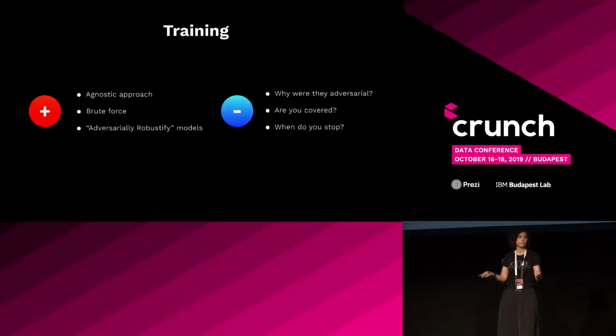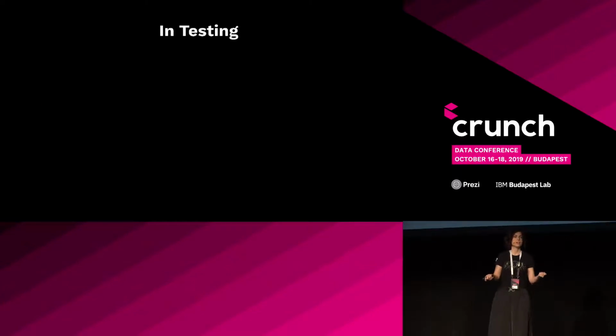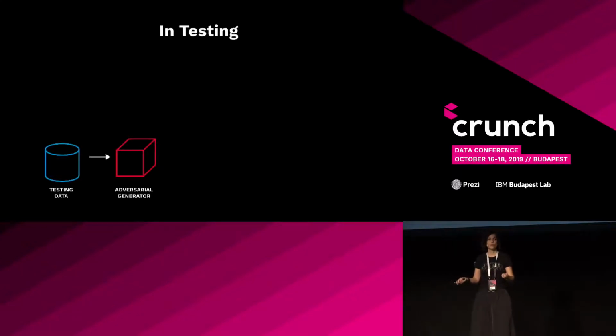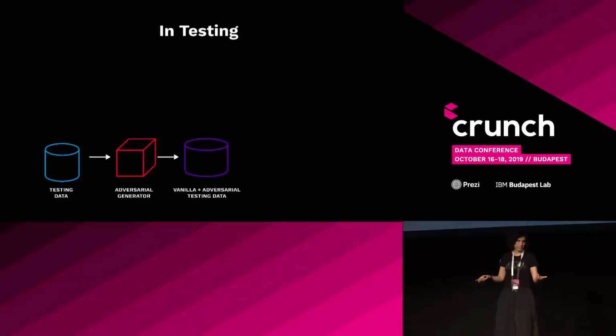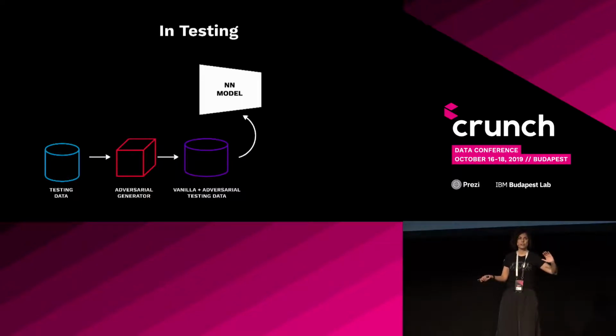You've got no idea. Now, a way to go about that is through testing. Especially if you want to get your model certified, you may want to know exactly where you are with respect to models and with respect to attacks. So again, you start with your original data, your testing data, and an adversarial toolbox. You feed it in, and you end up producing your adversarial examples on top of your testing data. And in this case, you feed it to an already trained model, because by now we're done training. Our trained model is there, we freeze it,